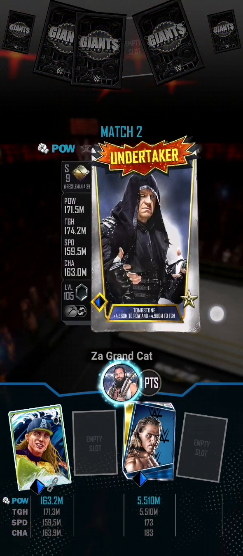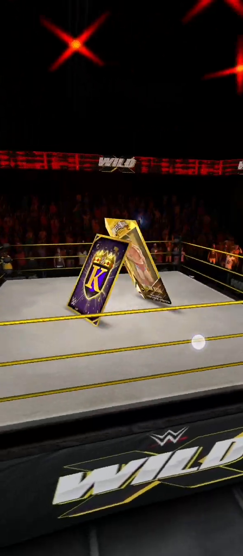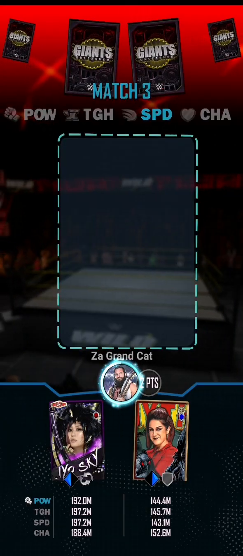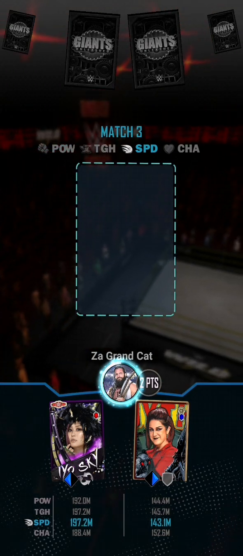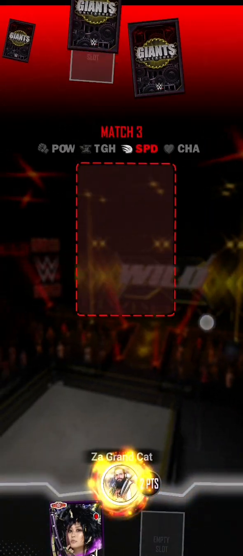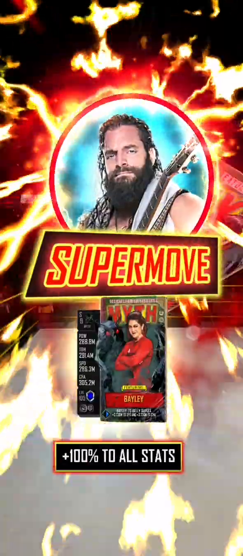Let's go for Taker here. I'm going to have to hope that we get a female match, and that it isn't all males. Excellent, that's what we want to see. So let's use the super move just to guarantee this. I think we would have won without the super move as well, but